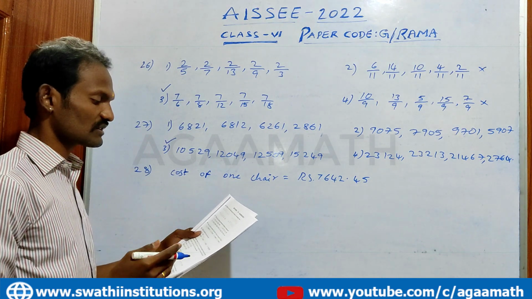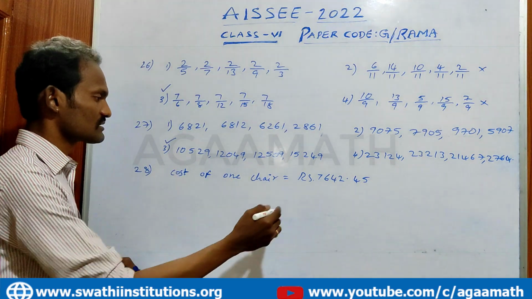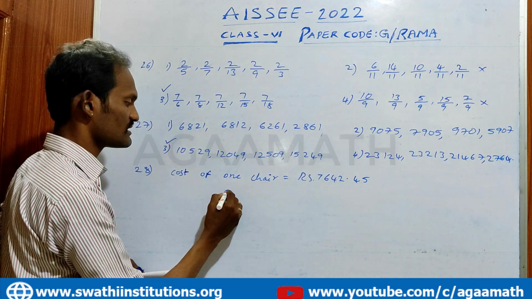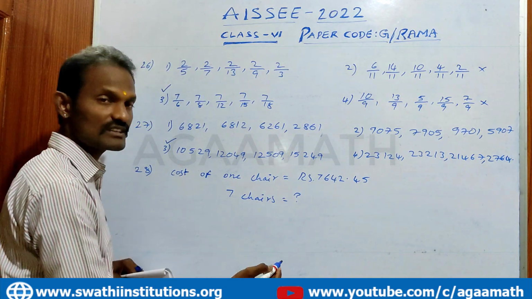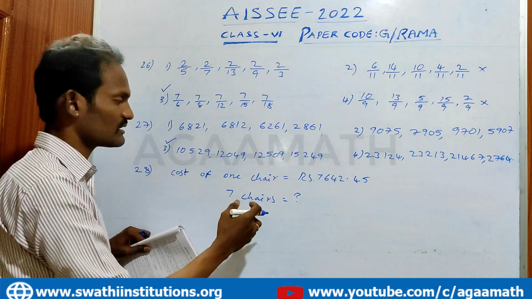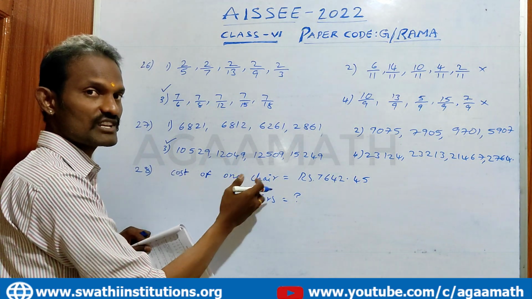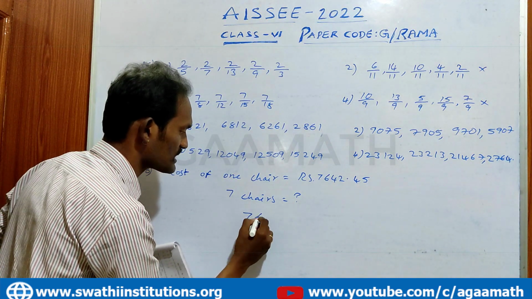Now what do you ask? What would be the price of 7 chairs? So if the cost of one chair is this much, then the 7 chairs cost would be how much? That is the question. Very simple. What we do? We have to know what is the cost of 7 chairs. Means one chair is given. Now we have to find more than one. It means you have to just multiply